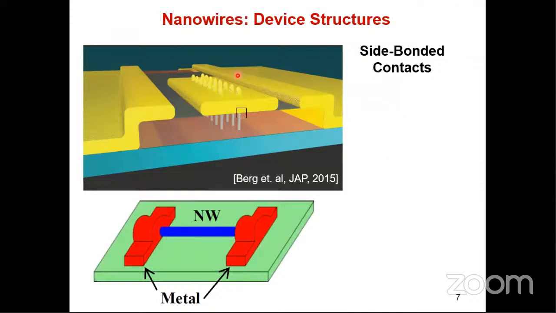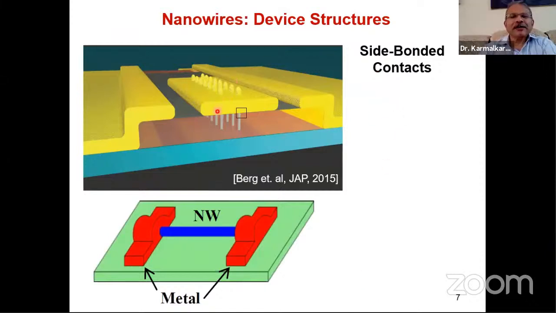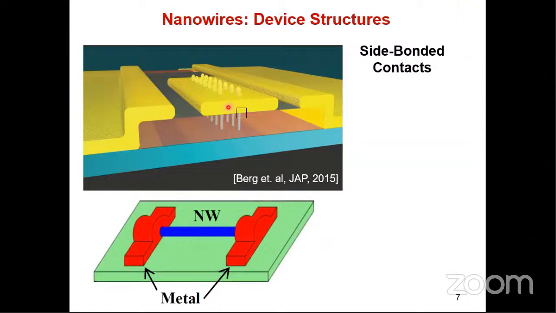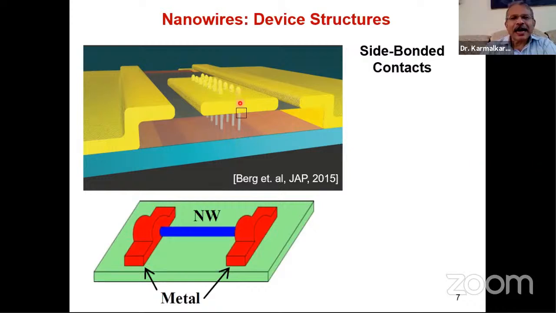Look at this, how contacts can be of different types. So now you can see vertical wires here. And this is the semiconductor material that is making a contact to the wire from the side. Can you see that? So this semiconductor is making a contact to these wires from the side. Whereas this substrate is making a contact to the wire at the end. So that is why we have two types of contacts, side bonded and end bonded.